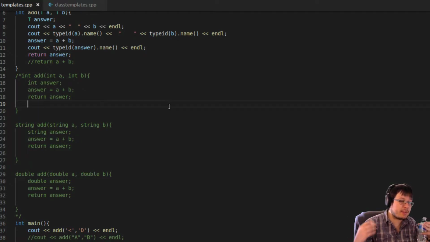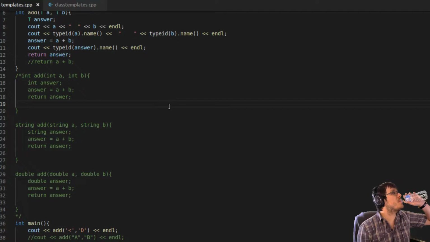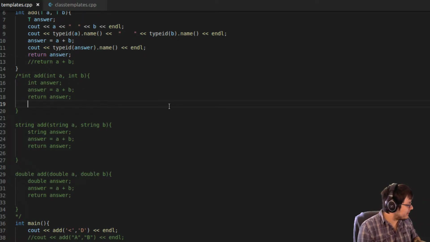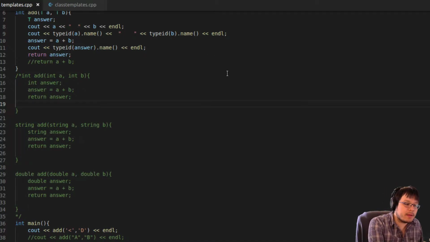And that may not necessarily mean adding in all senses, because for strings, it actually means concatenation. But the point is that that function basically puts the first parameter as one operand, the second parameter as the other operand, and in between it puts the plus operator, whatever it means in that context. And it sucks that we have to copy and paste the same code